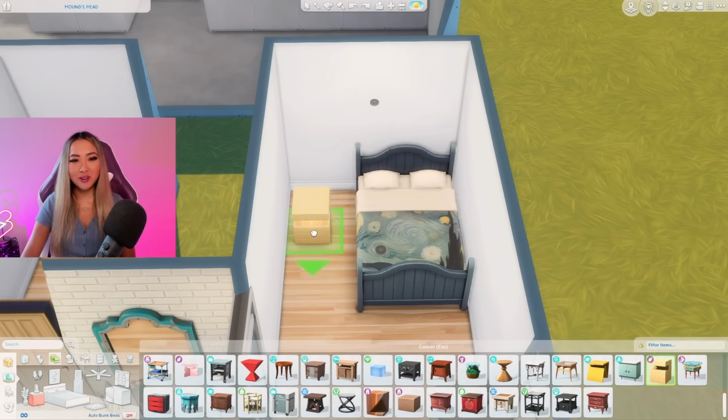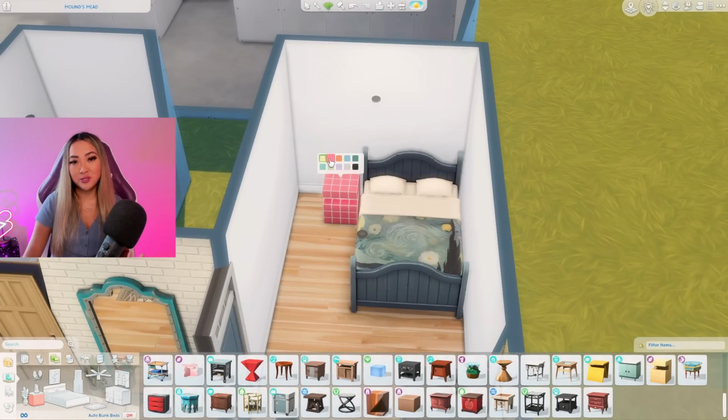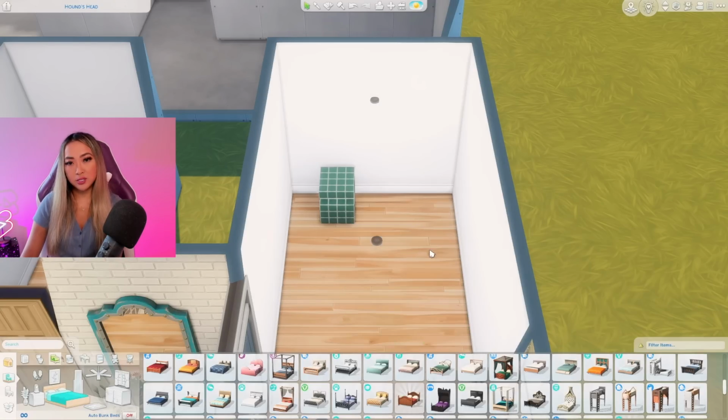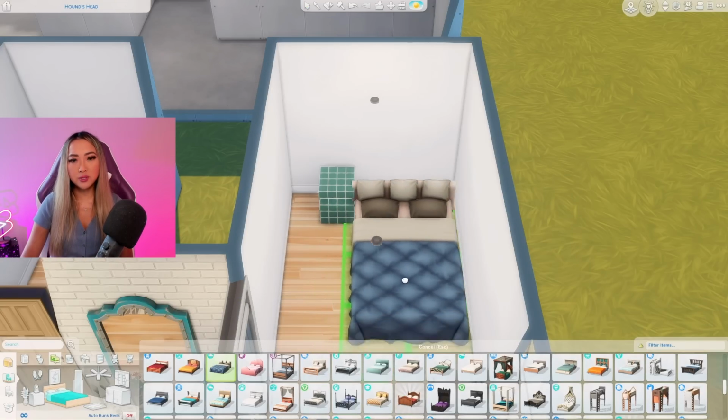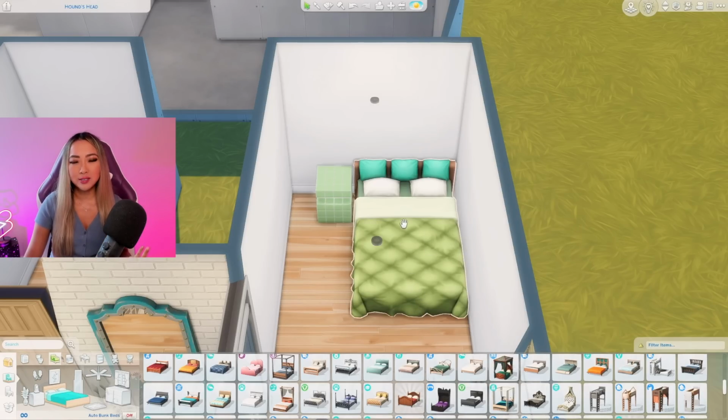For the end table, I want to go for this tiled one from the Pastel Pop kit. These were super trendy a few years ago, so I feel like the person who lives here would definitely have DIY'd this. Okay, to be honest, I'm not loving the bed, you guys, so I might swap it out for this Seasons one. So my rationale for using the Seasons one is the headboard is pretty non-existent and plain,